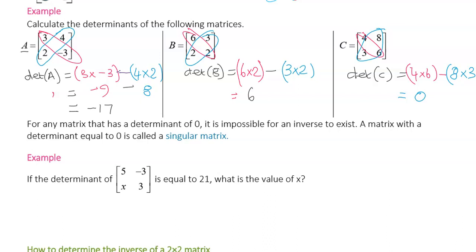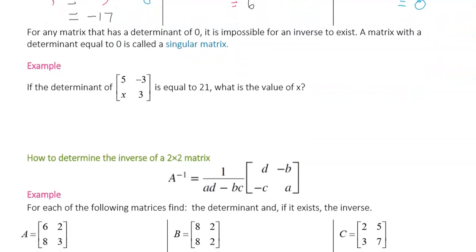Looking at the next example, if the determinant of the matrix 5, negative 3, x, 3 is equal to 21, what is the value of x? Okay, so it's asking us about the determinant, but this time it's told us what the determinant is. And here we have an unknown. So if we carry on as usual,